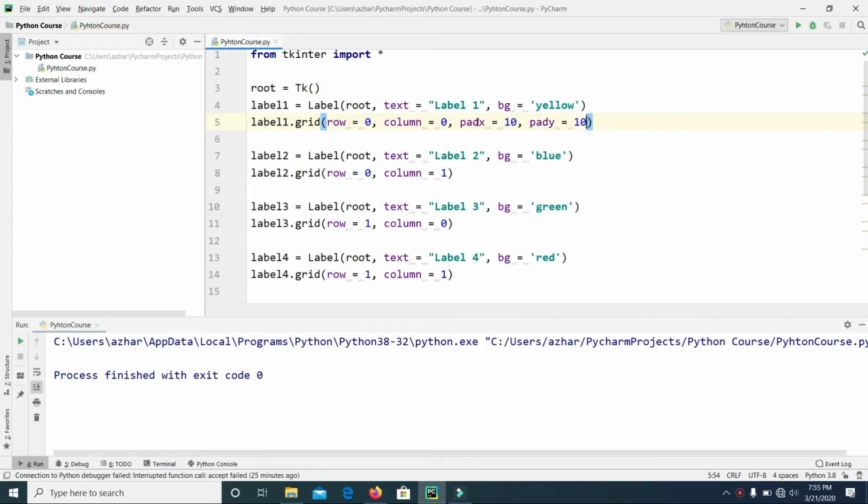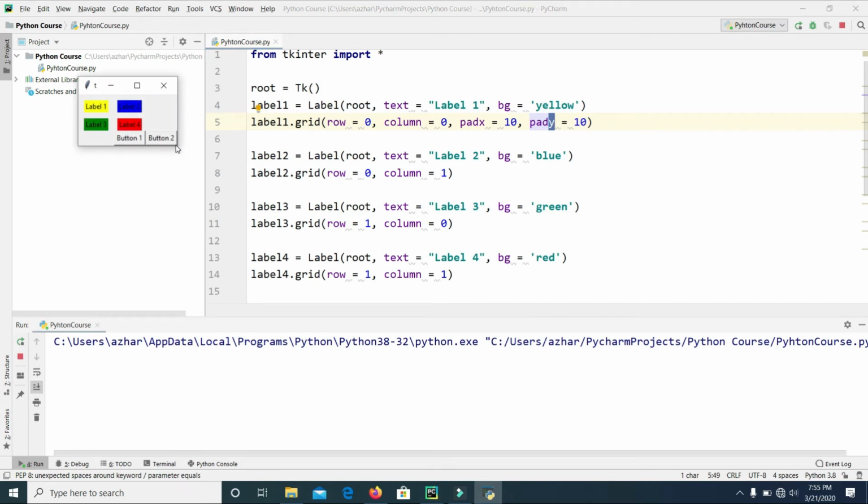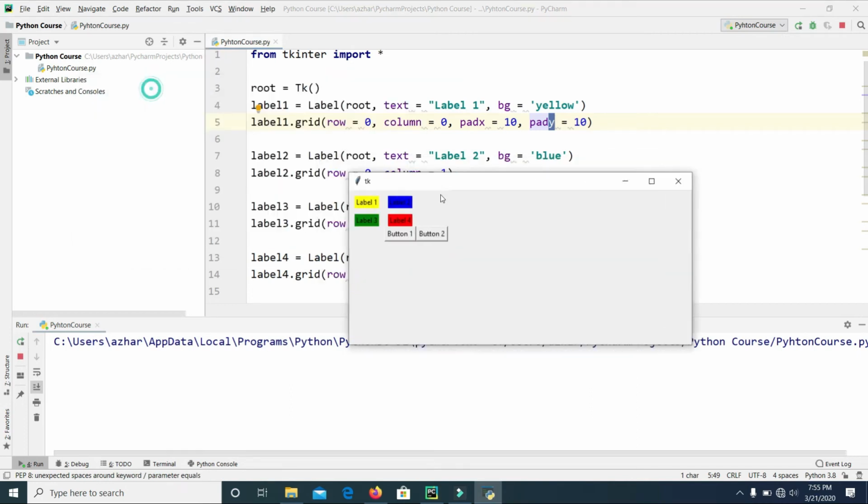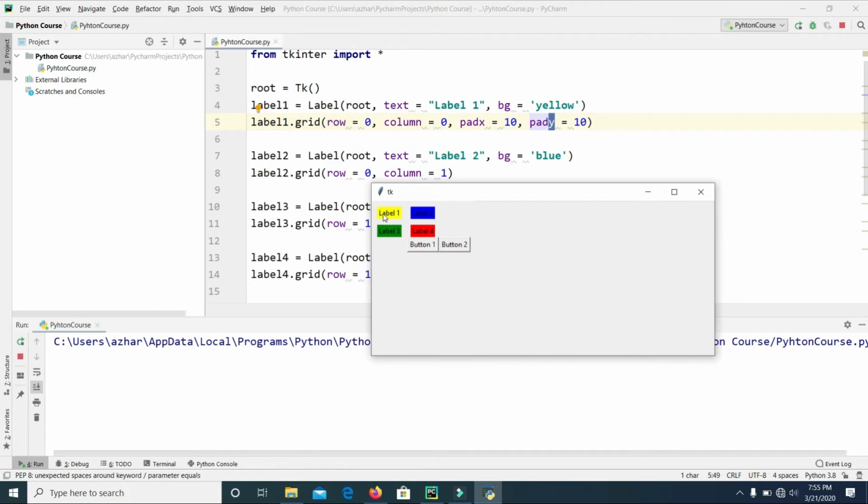So what do padx and pady mean? Padx means give a padding of 10 in the x-axis, and pady means give a padding of 10 in the y-axis. So let's run this, and here, as you can see, we have label 1, and